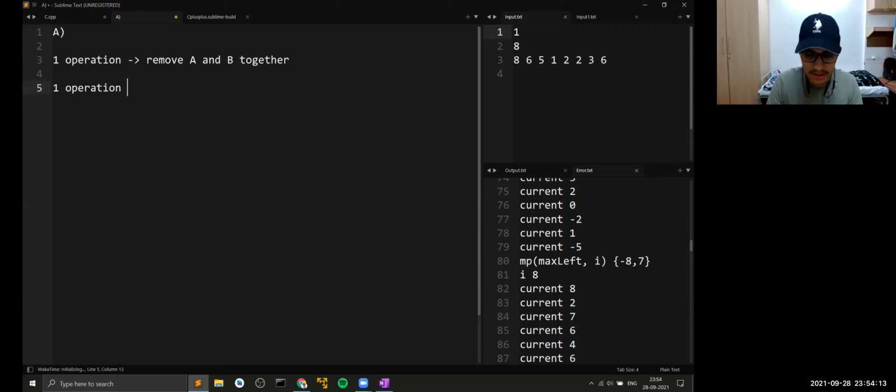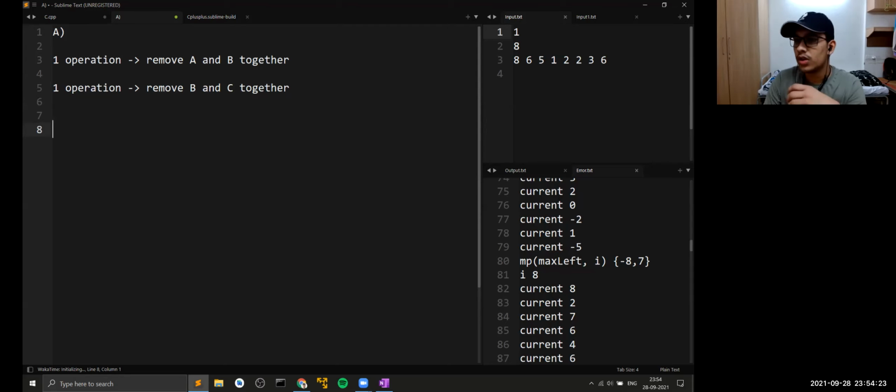And another operation here is that remove A and C together. Sorry, remove B and C together. Right. So what they wanted in the question is for you to decide if you can have a situation where this whole string is reduced to a length of 0. What this means is that you've removed every single character. So essentially, in order to remove an A, let's say you have n A's, you would require n B's, right, for this, first of all. And similarly, if you have m C's, you would require m B's.